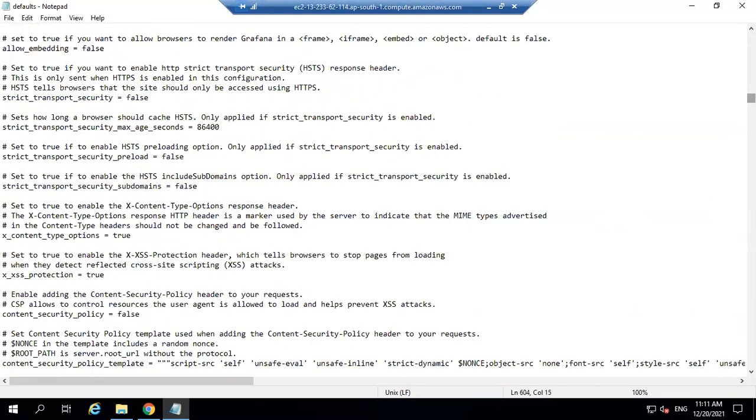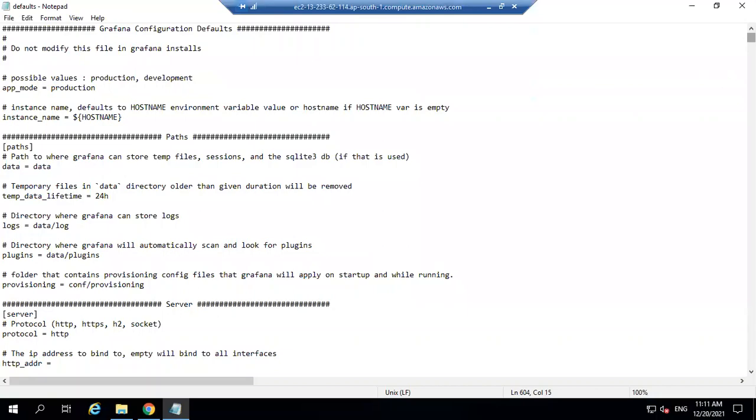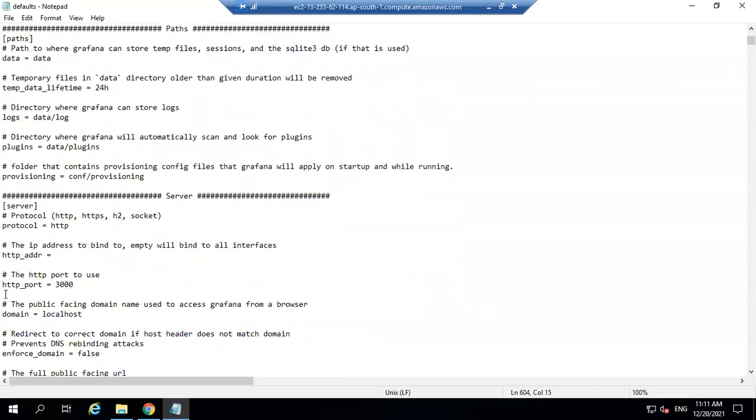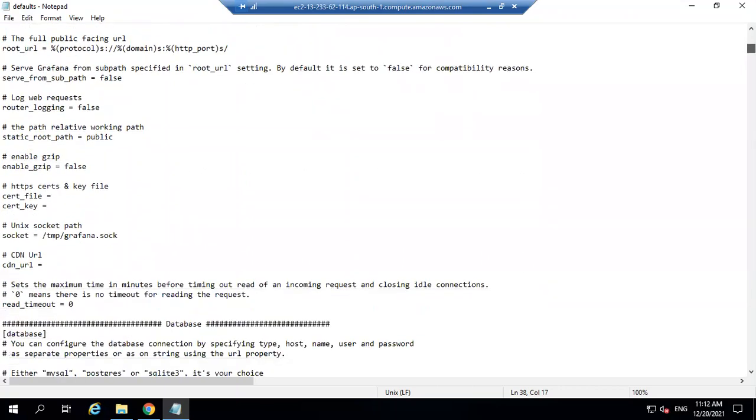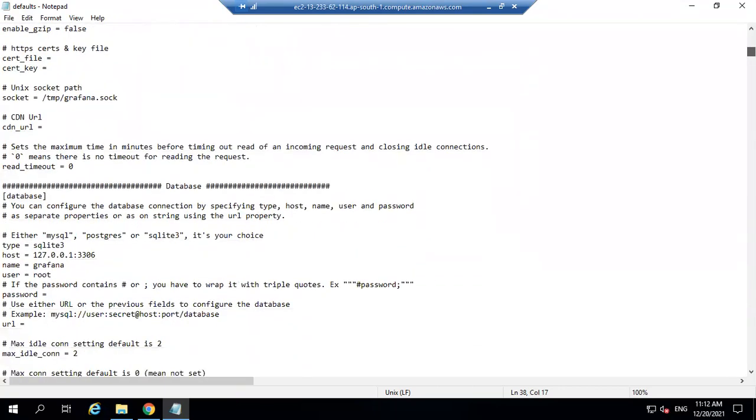Now if you check from first, you can see here the port number is 3000 for Grafana. And if you scroll down, you can see here the name Grafana, then root user.